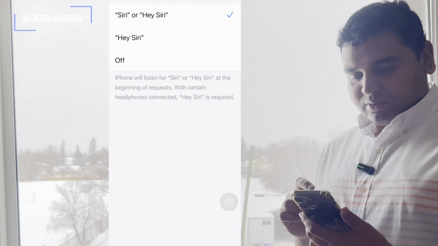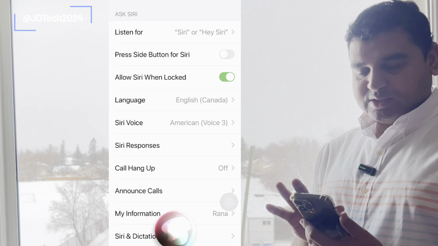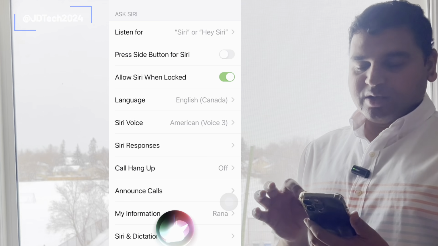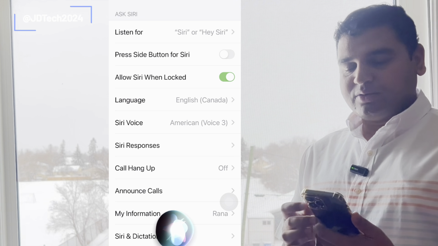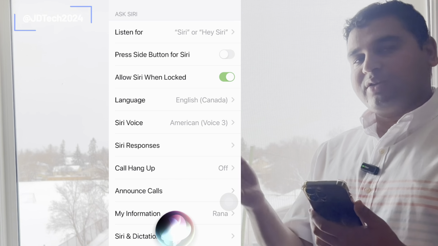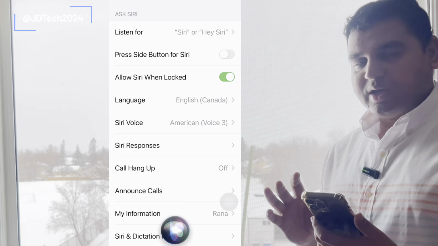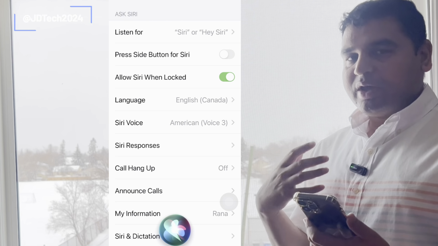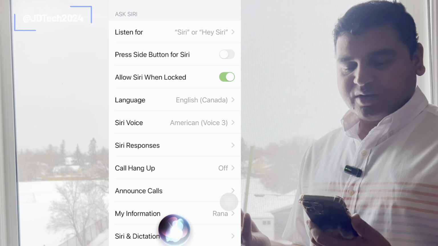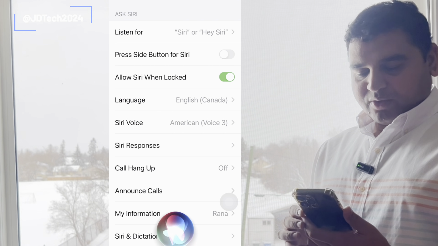Okay, let's go below, and then you can also see there is Press Side Button for Siri. If you turn it on, the side button is this lock button, so if you click this one, Siri will come on screen. But this is now an old fashioned style. Because you can already simply say Siri and Hey Siri, it will come on the screen and